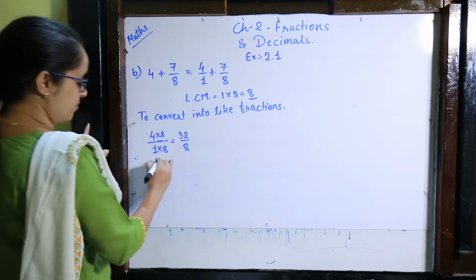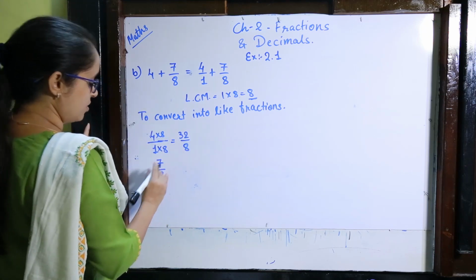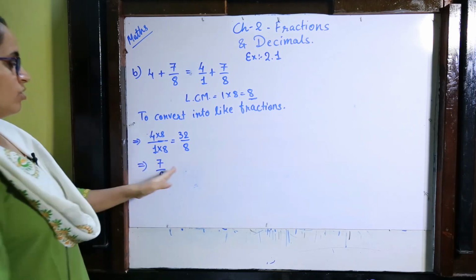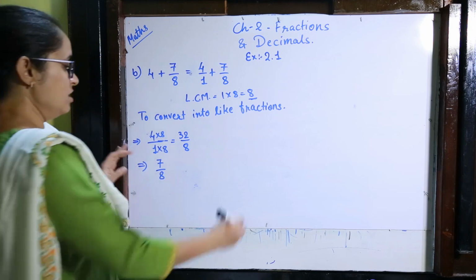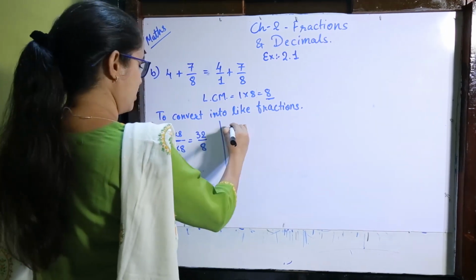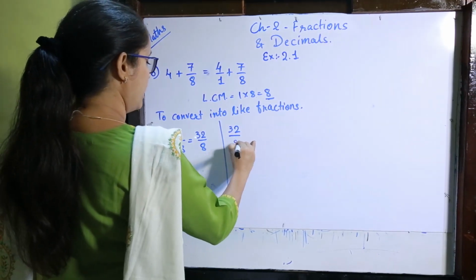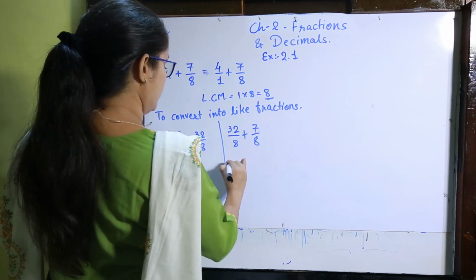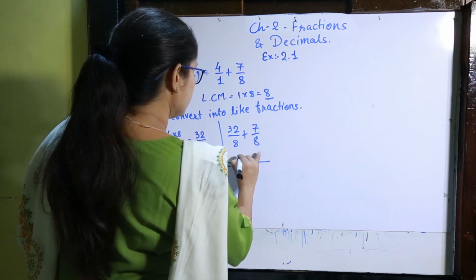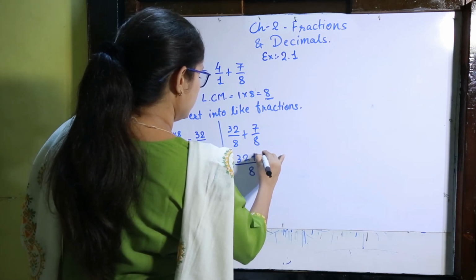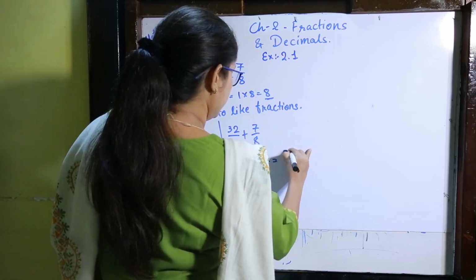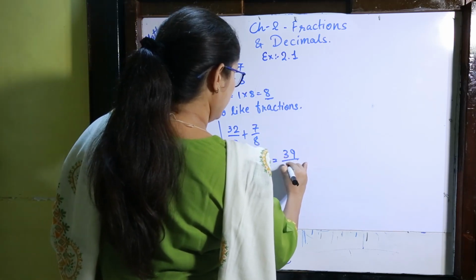Okay, and 7 upon 8 is the same number because 8 is already there in the denominator. So you don't need to convert it into like fraction. So now simply add these two numbers, 32 upon 8 plus 7 upon 8. 32 plus 7 is 39 upon